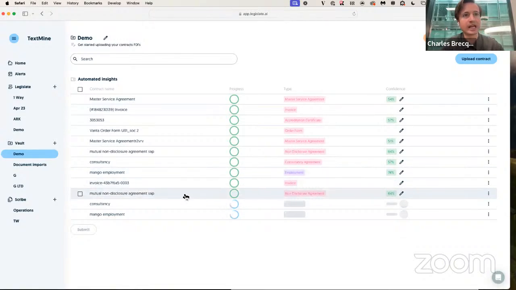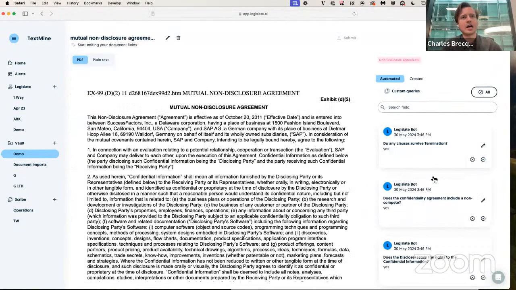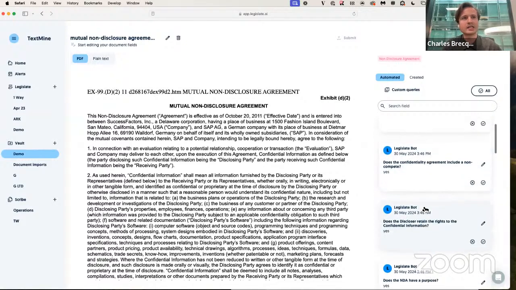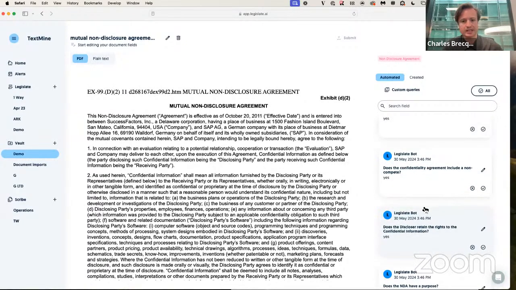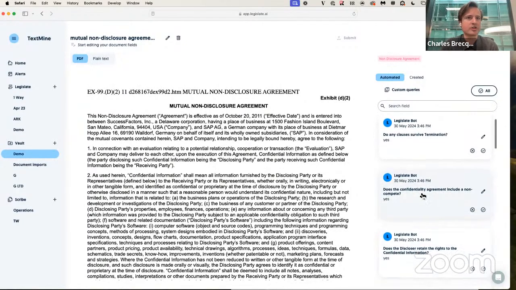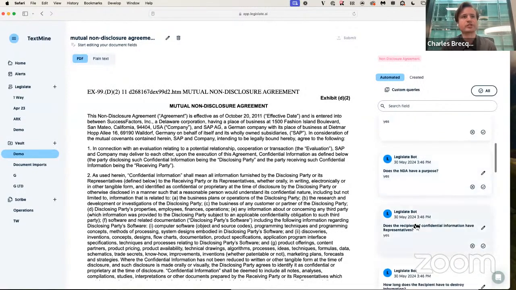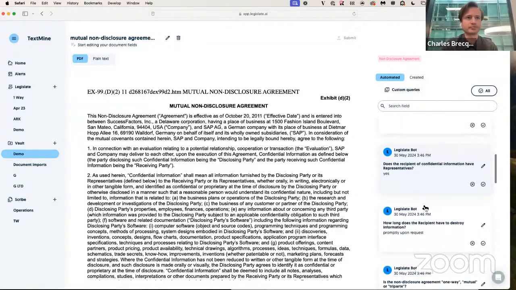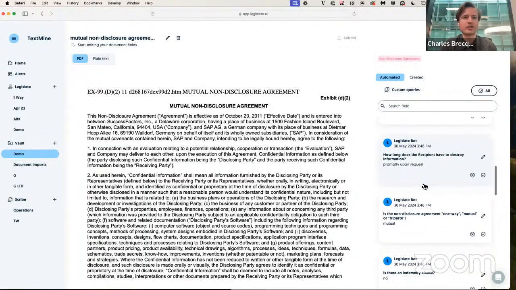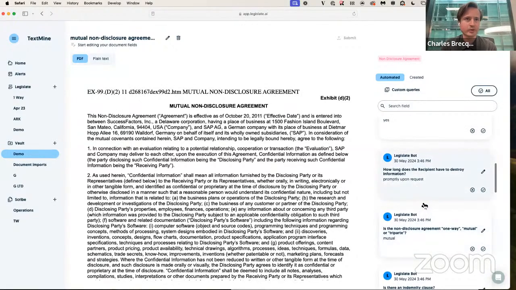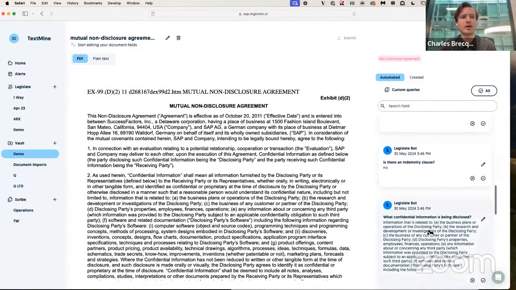If we jump back, we can see here that now we've got an NDA, and the model is able to, on the one hand, extract those values like supplier information, etc. But the model is also able to answer yes, no type questions. So, for example, does the recipient have representatives, etc. Which means that we can actually go a step further than pure document data extraction, because we're not just looking for values. We are able to answer questions.